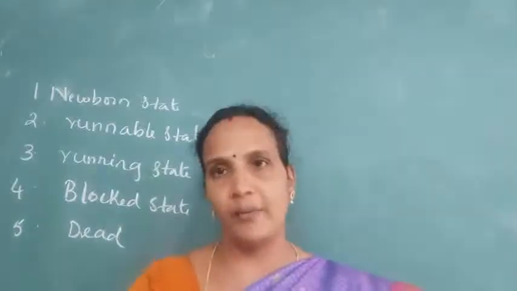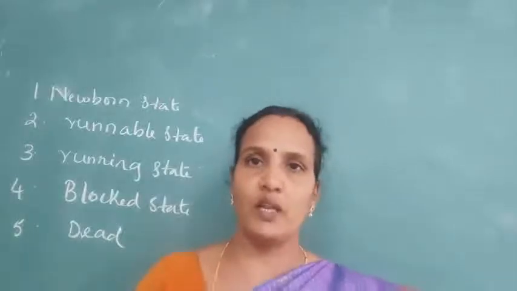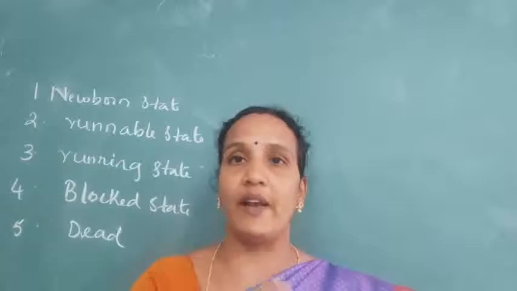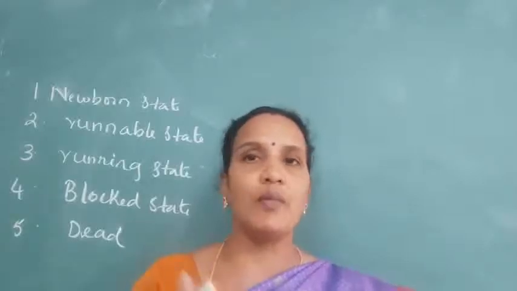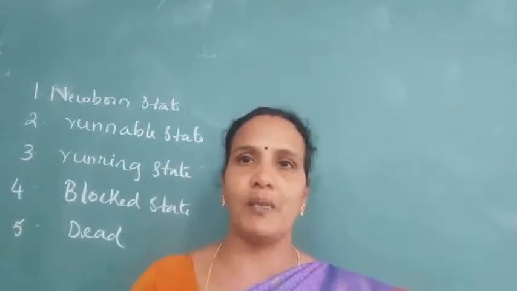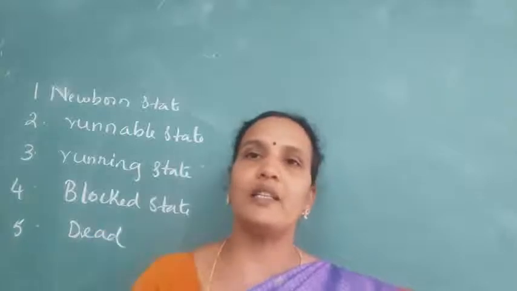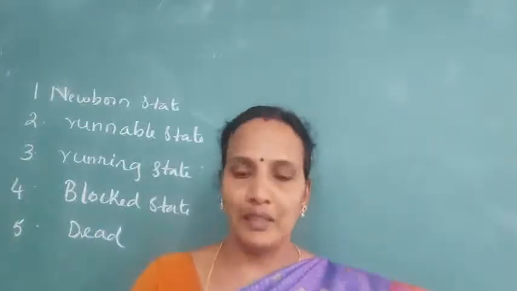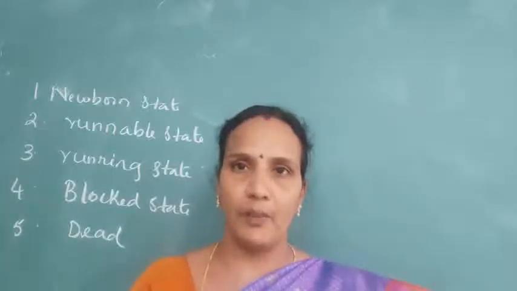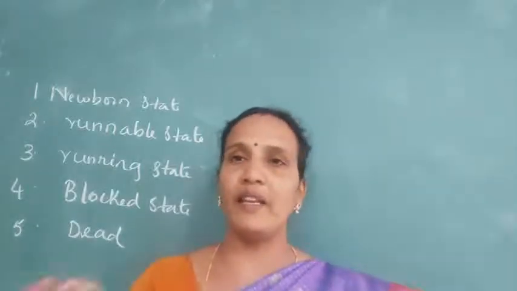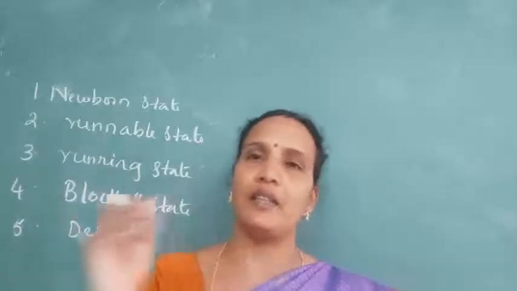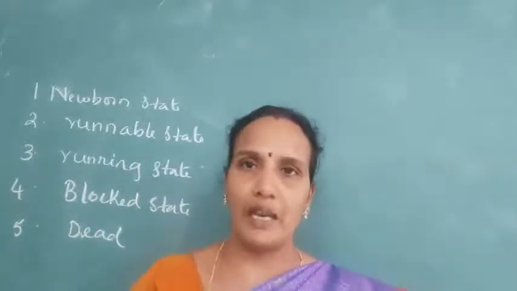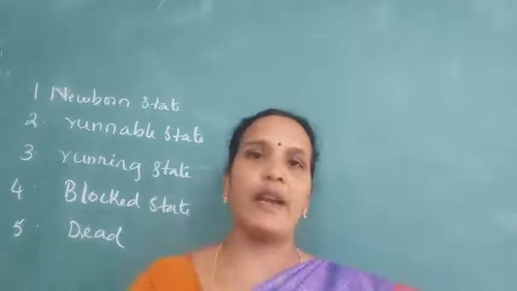And when the thread is running and it is waiting for some input from a user, some interaction, which means it needs some file to execute the program, that is nothing but a blocked state. When it is waiting for input, the thread is removed from the CPU, and when it gets input from the user again, the thread can join the queue, which means it is in a runnable state. So it goes from running state to runnable state.